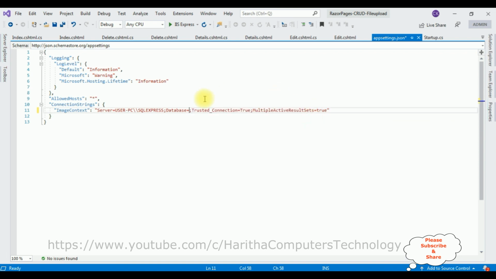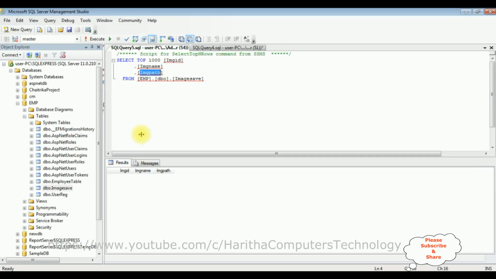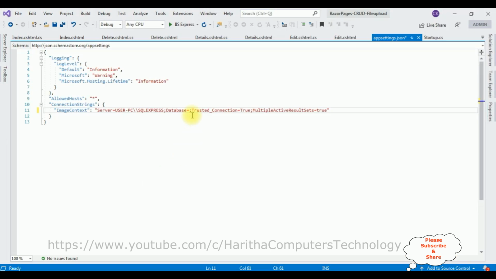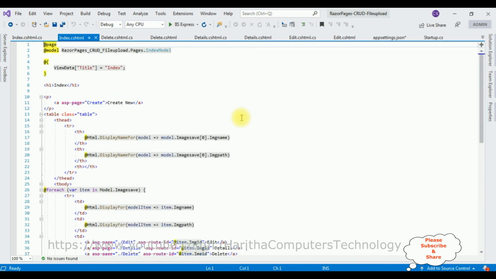Delete that one. Our database name is EMP. Just copy this one. This is the EMP database. We have created the table in this database. So let's add that database name here. That's it. Now in the Index.cshtml,